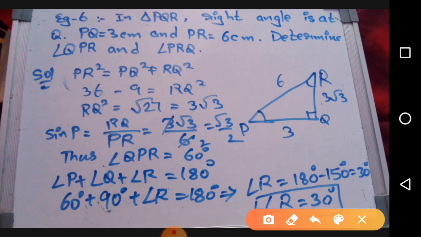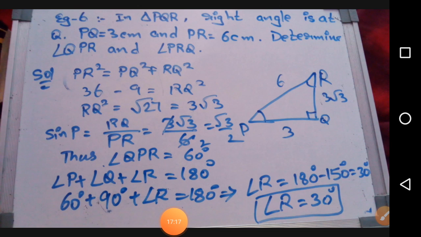Okay, so what is asked of us? Angle QPR, it is nothing but angle P and angle R. Thus sine P is nothing but RQ by PR. Why RQ by PR? Because RQ is opposite and PR is the hypotenuse. Thus RQ is 3 root 3. Okay, yeah. So here RQ by PR, 3 root 3 by 6, that is root 3 by 2,